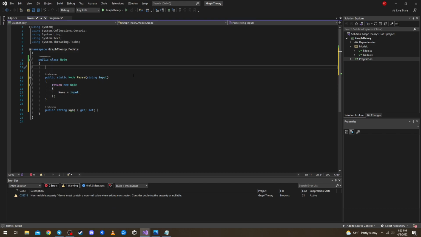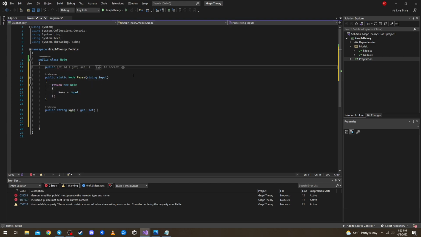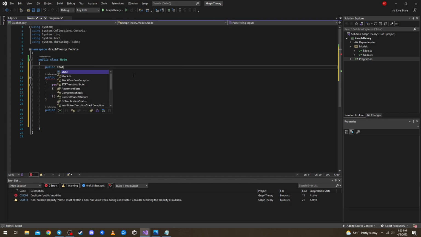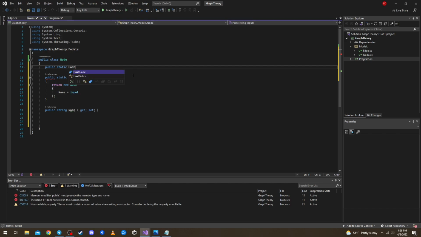And to not repeat the nodes with the same name, how can we do that? We need to add some sort of a list or a hash set which will keep unique values in itself. So I will do exactly that, and I will make it public static HashSet